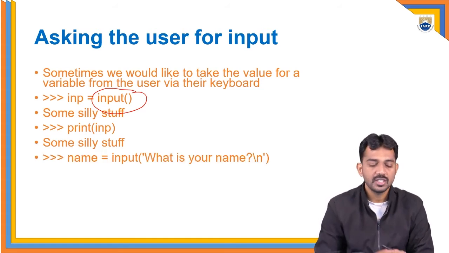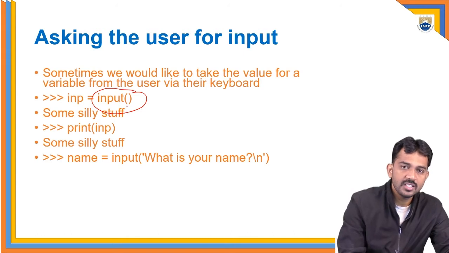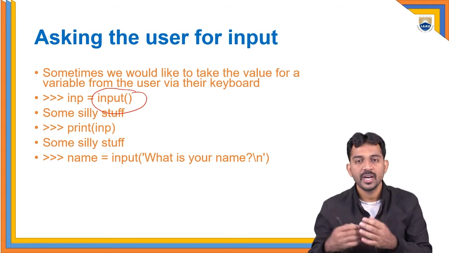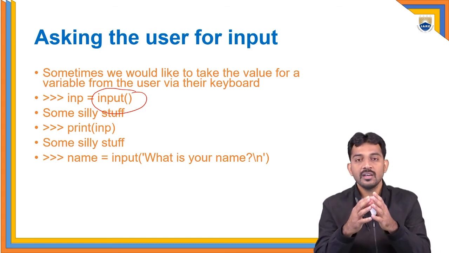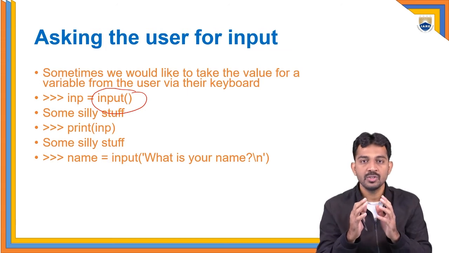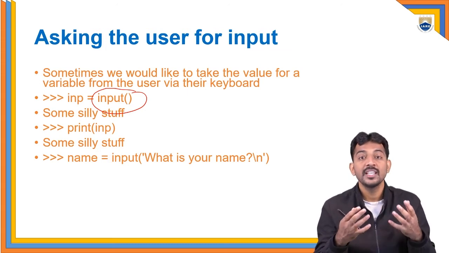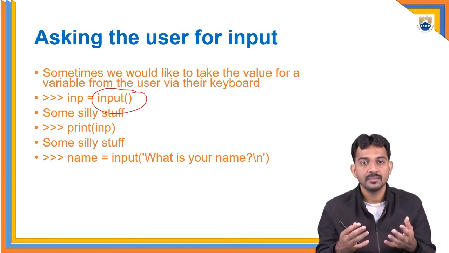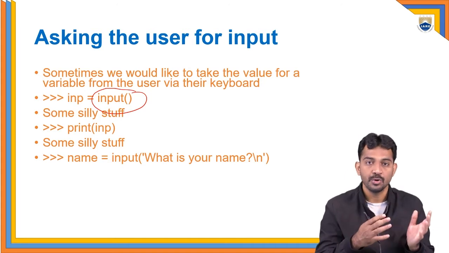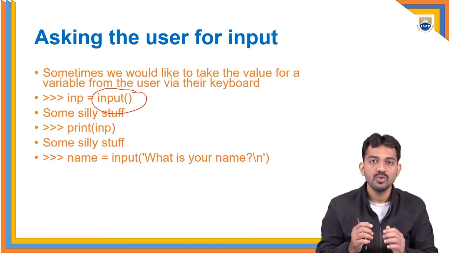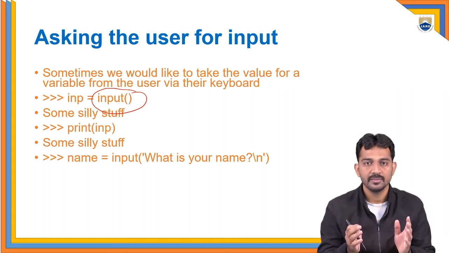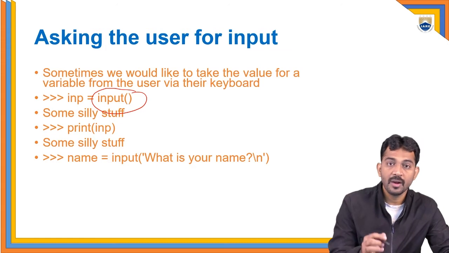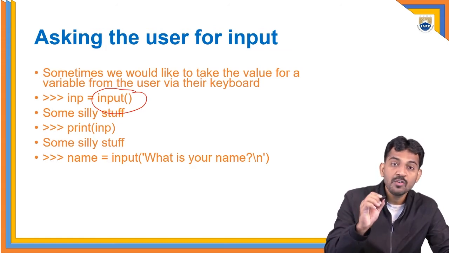Suppose you want to give a message here; you didn't get any message here. Suppose you need to tell the client what you are going to read. The client knows the computer needs input, but he doesn't know what type of input is required from the client's point of view. In that case, if you want to give some message to the client about what type of data is required for that input, you just use that message inside the input, in quotes, as shown in the figure. See here, what is your name? I'm going to ask, as the variable required is the name of the particular person.